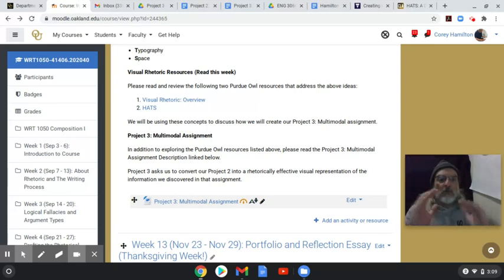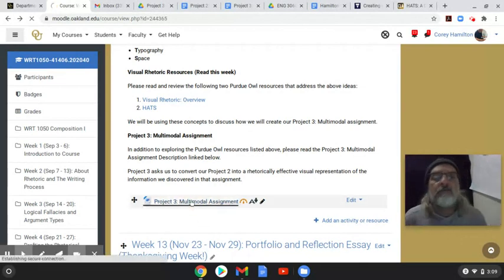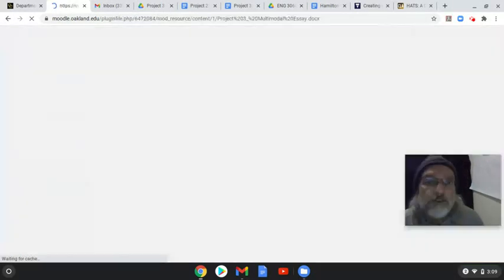All right, so we just talked about visual rhetoric and the overview and talked about the HATS model. And then I keep referencing Project 3, about taking Project 2's information and translating and transforming it into this visual display of information. So we're going to imagine that we've done this research, which we have,